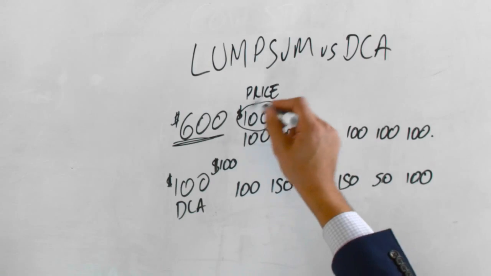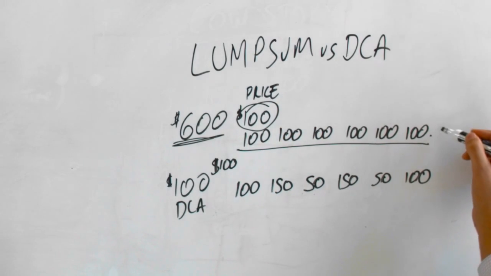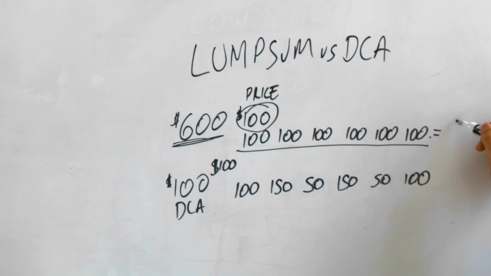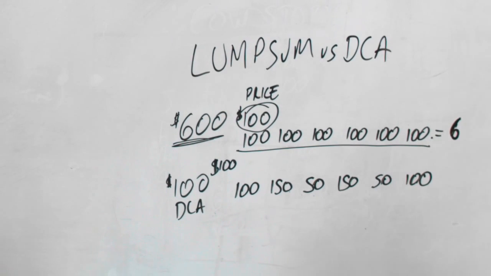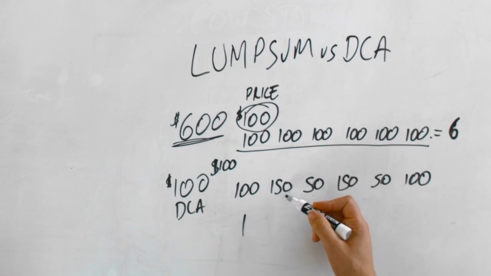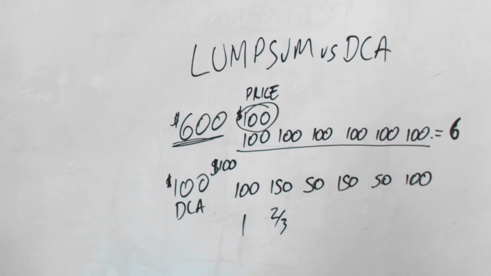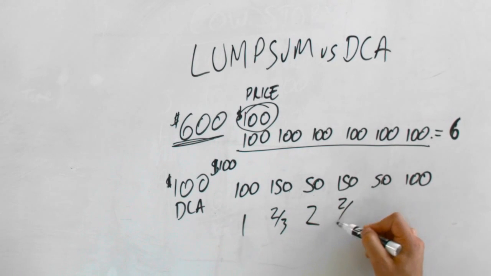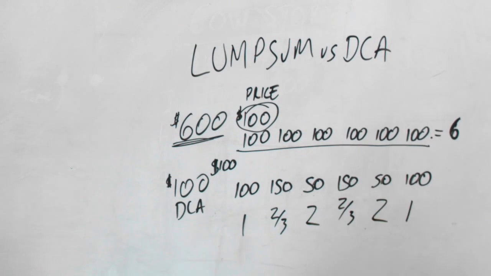So we have the same average price. You see that? In the example where we invest our lump sum $600 in the first month, or again in a flat market, if it's $100 per unit and we invested $600, how many units do we end up with? 6 units. Right, exactly. So in a fluctuating market, in the first month we purchased 1 unit. In this up market, we only purchased 2/3 of a unit. The market went down. We purchased how many units this month? 2 units. Then 2/3 of a unit, 2 units, and then in the last month we purchased another unit. So tally those up. We're looking at 7 and